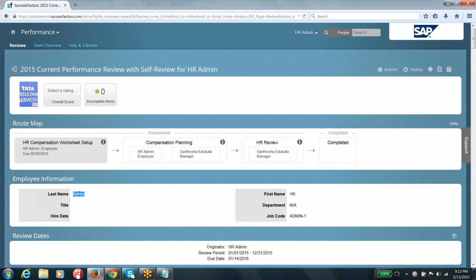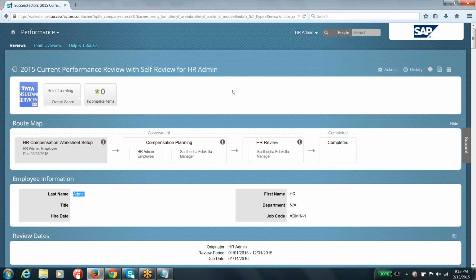Okay. But Raghu, you said only one person can move the form ahead. That is right, one in a step. You can see here there are two people, right? But ultimately two cannot go ahead and hit the exit, move to the next step at the same time. They cannot do that. Only one person is authorized to move the form from this particular complete step to the HR review step. That is what I mean. But who is authorized to take that particular action? You are going to set that using the exit step checkbox in the route map configuration.